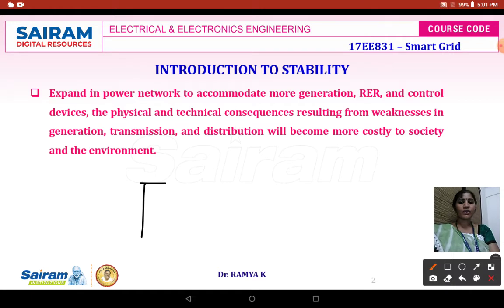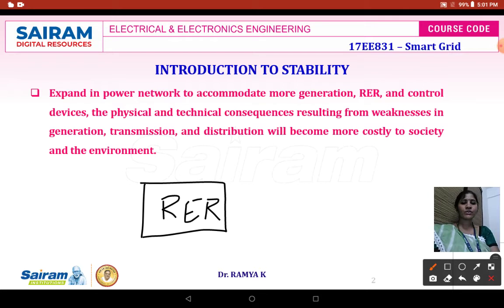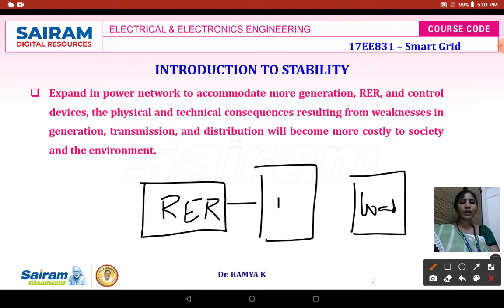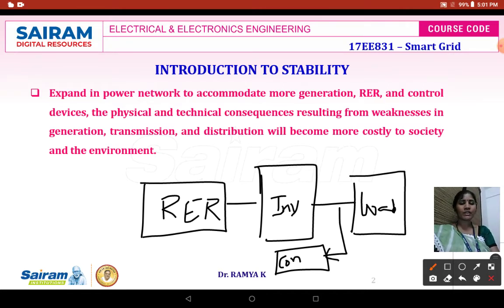Consider you have a renewable energy source integrated with your conventional source, and here you will be having the load. In between the renewable energy resources and the load, we will be connecting one inverter or converter device. When the inverter switches need to be controlled, we'll have a control. Smart grid, in the sense, means controlling will be automatic. From the output you will be taking the parameter to the controlling device, and from the controlling device it will be given to the switches of your inverter circuit to control the gate pulses.